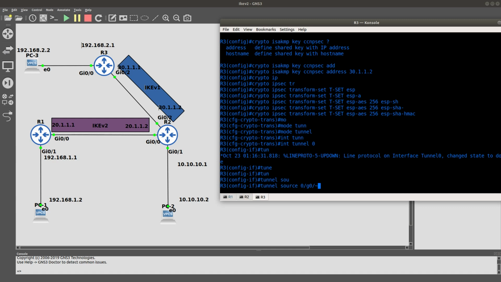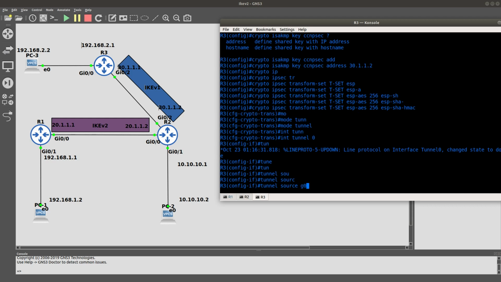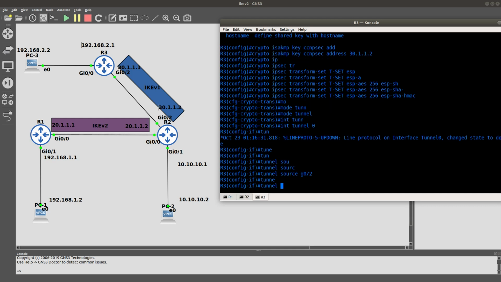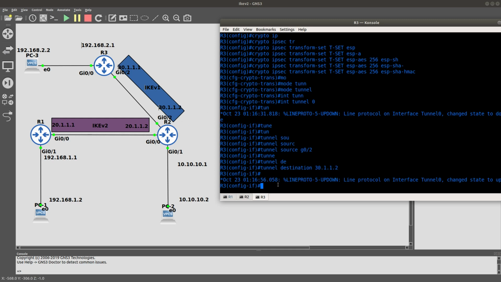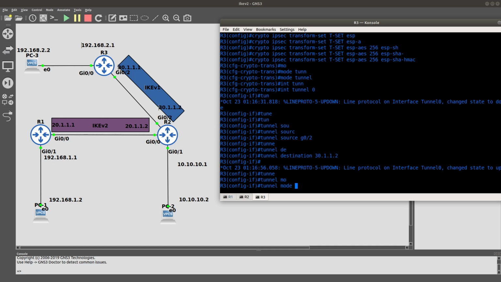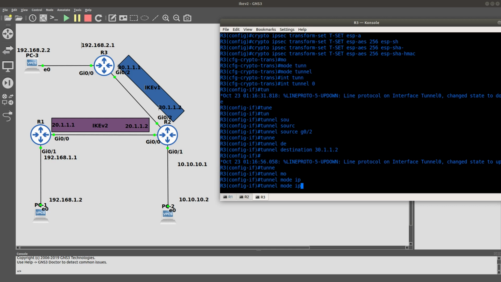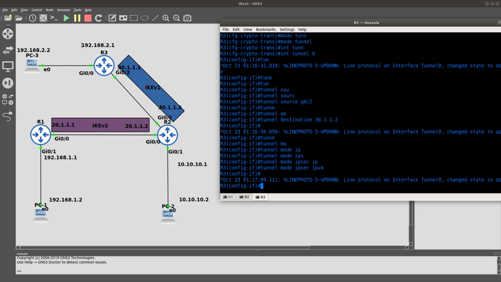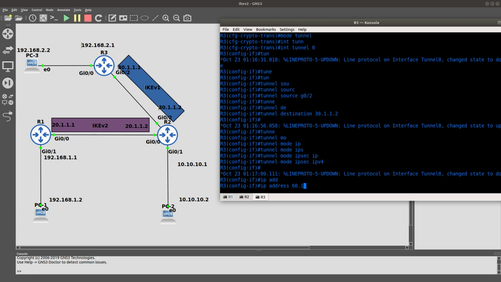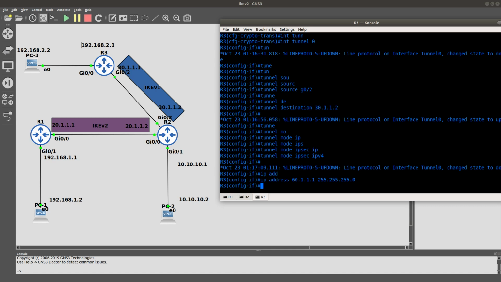What am I doing? Need to go ahead, source gigabit02, tunnel destination 30.1.1.2, right? The destination is router 2. And after we do that, we need to go ahead and specify the tunnel mode, which is IPSec with IPv4 because we're going to be using IPv4. Then we need to specify the IP address of the tunnel, 60.1.1.1/24. Okay,